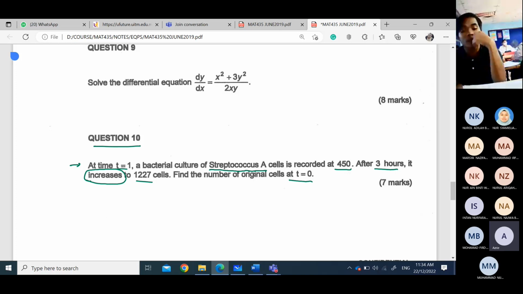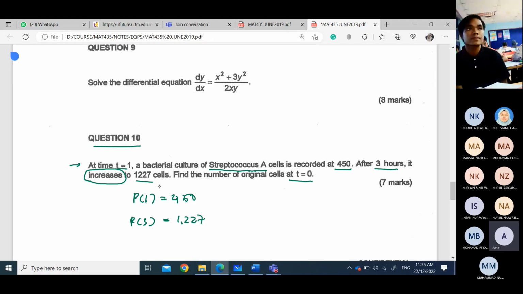After 3 hours, it increases to 1,227 cells. So we record the bacteria at t equals to 1, we have 450, and after 3 hours, which is at t equal to 3, here we have